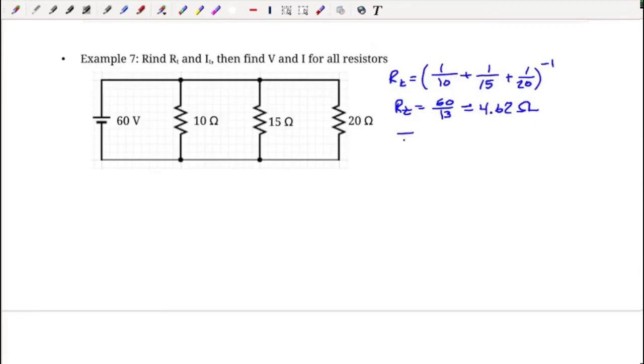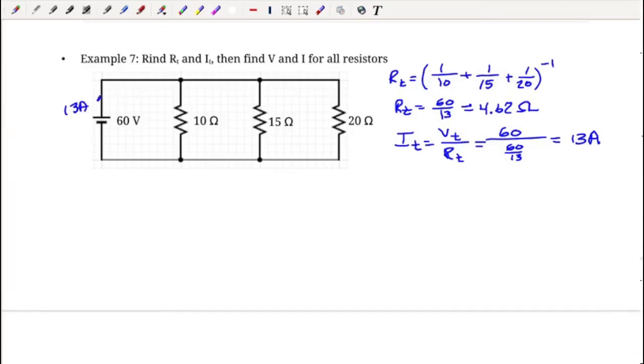So then I need my total current, which is going to be the total voltage divided by the total resistance. Total voltage, in this case, 60 volts, divided by 60 over 13. I think that's going to pop up just to be 13 amps exactly. If you had rounded it, then you won't get an exact number, which is a little bit annoying to work with later on. So that means I have 13